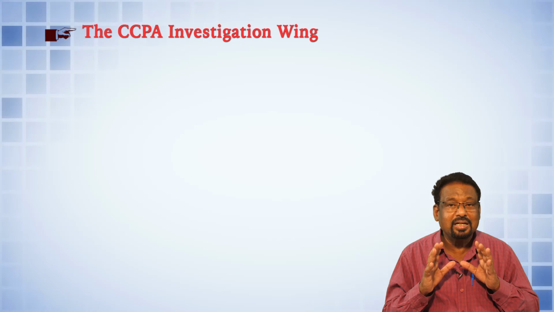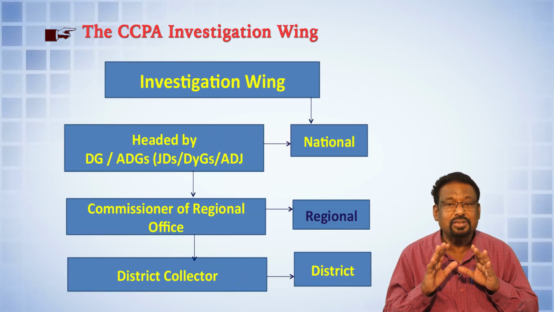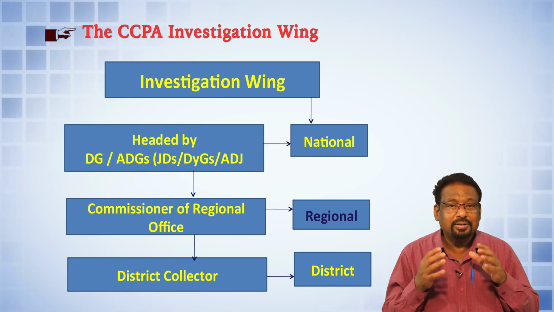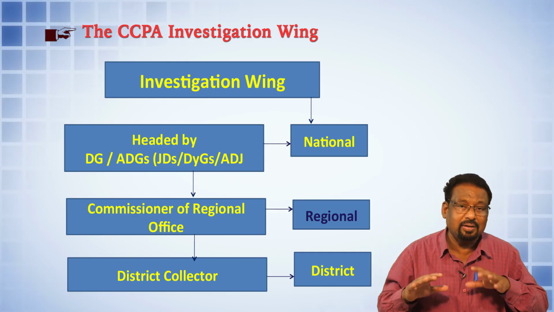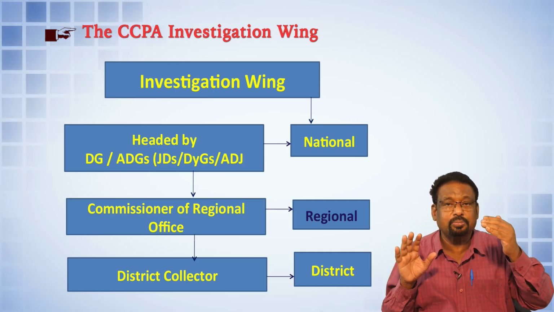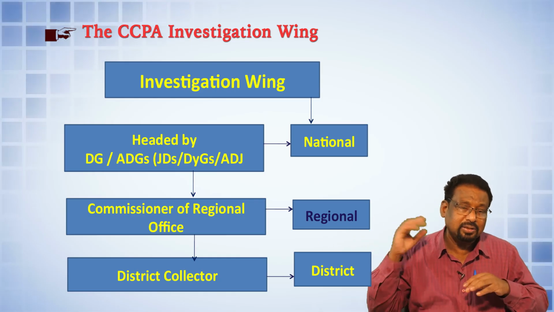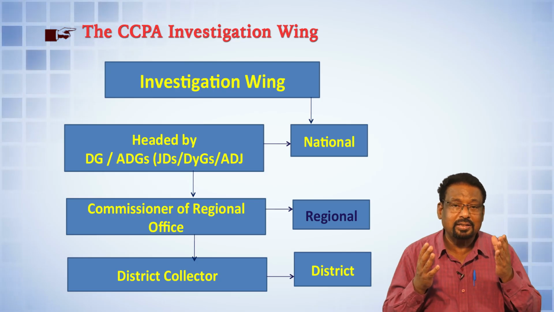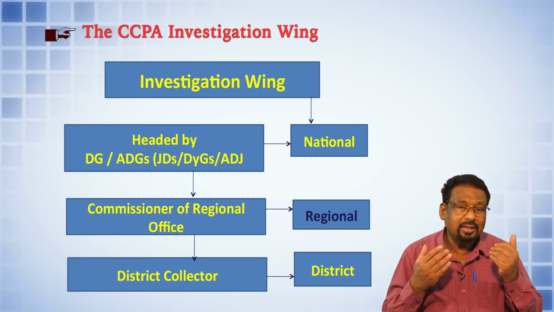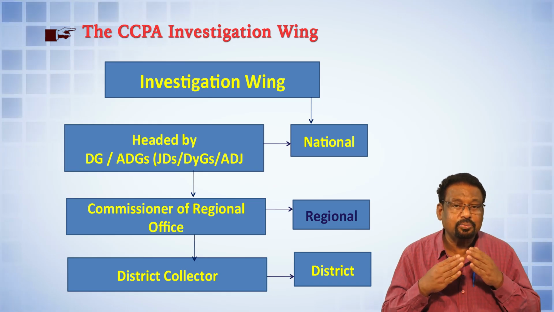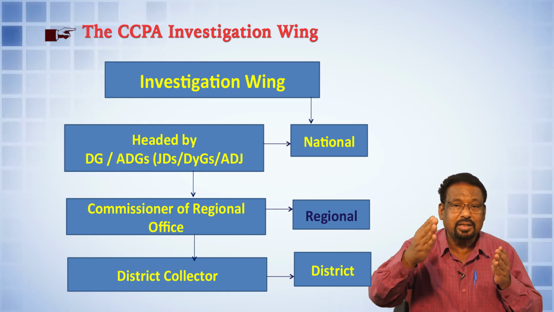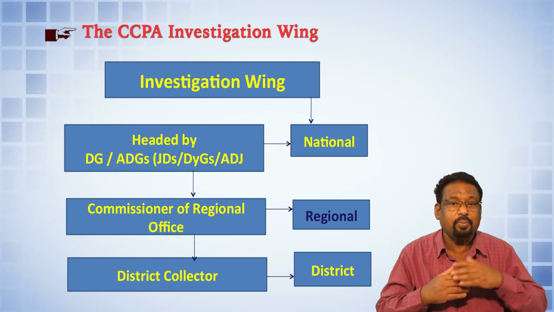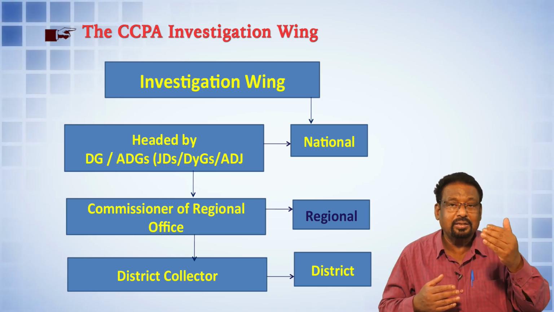As I said, it's an investigation wing. Their job is only to investigate the complaints received from consumers or from any other person. Again, it's a three-tier structure. At the national level, the Central Consumer Protection Authority is already established. It is housed in the Indian Institute of Public Administration, New Delhi, and they have appointed the Director General and Additional Director Generals. The Additional Secretary in the Ministry of Consumer Affairs is appointed the Director General of this National Consumer Protection Authority. And there are 2 joint secretaries in the Ministry of Consumer Affairs who have been appointed the Additional Director Generals of the authority.